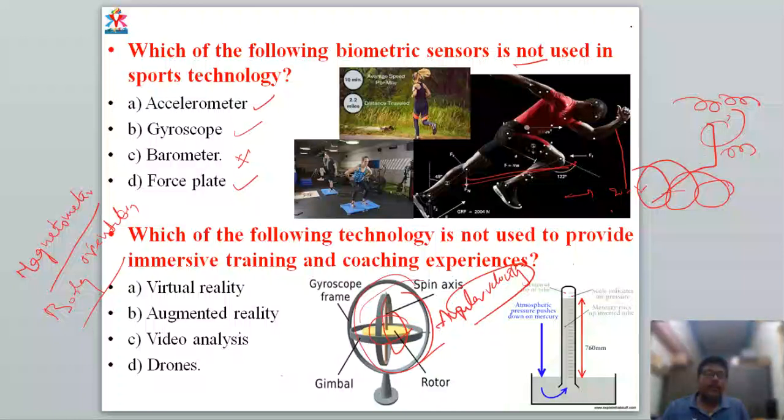And the force plate: now you see, from here you are jumping, giving an eccentric contraction, exploding from one particular area. By that time, how much force you are exerting to jump, to jump against the gravitational force. These kinds of things are measured by force plates, right? Even in the 100 meters also